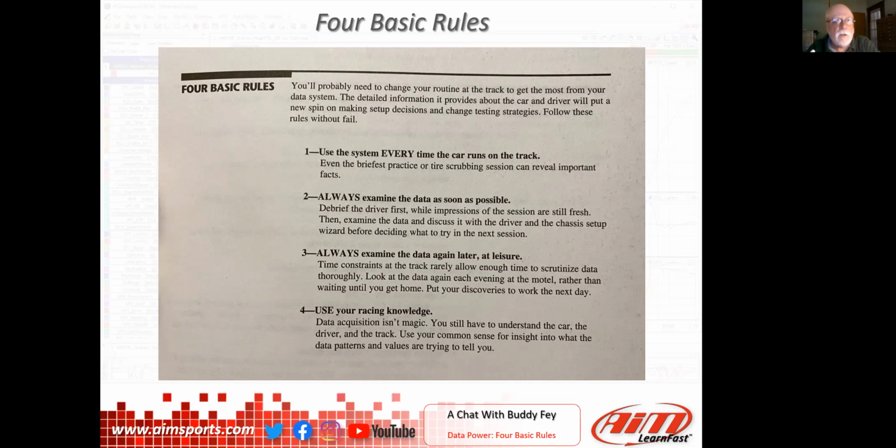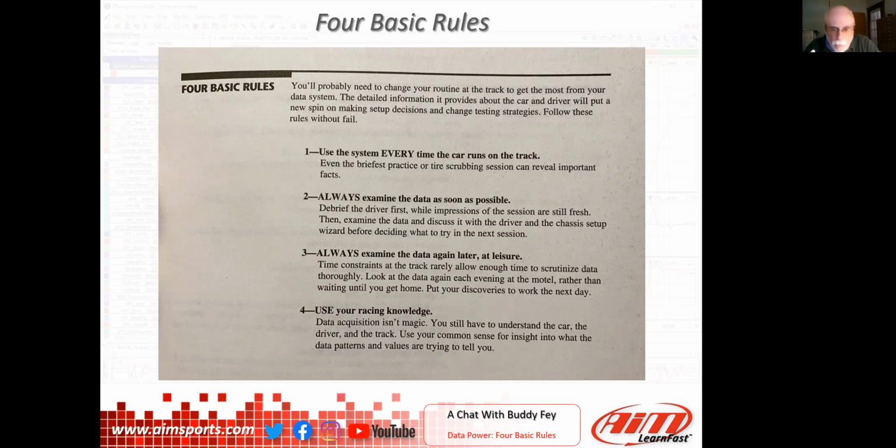For instance, you're looking at suspension pots and you're looking at roll angles, front and rear, and the front and rear roll angle aren't the same. Well, why is that? What made that happen? Is that good or bad? Should they be the same? Should they have some ratio to each other? Should they look dissimilar as the car goes through the corner? And you start asking yourself all these kinds of questions, and the answers don't always come quickly and easily, but eventually they do, and there's some revelation in there, and it could just as easily be about driving as it is about the car.